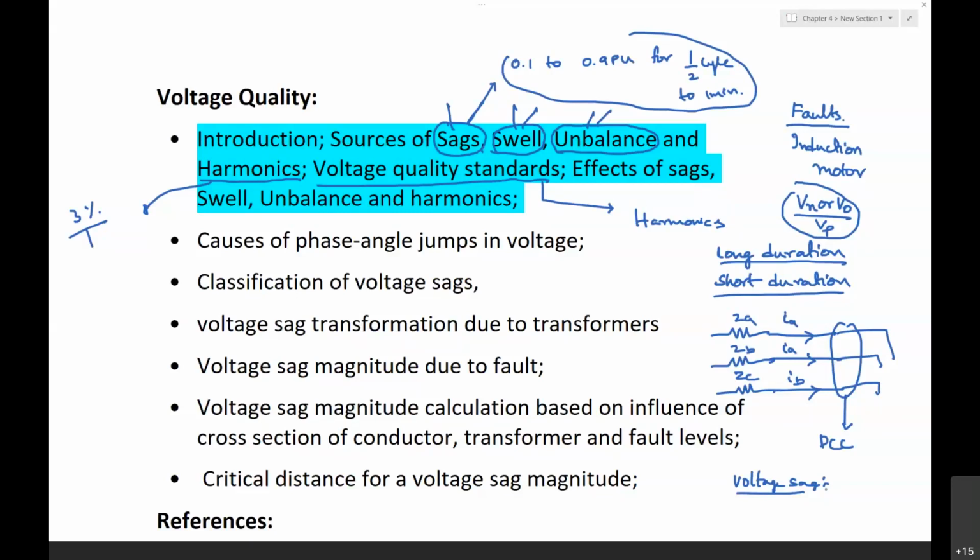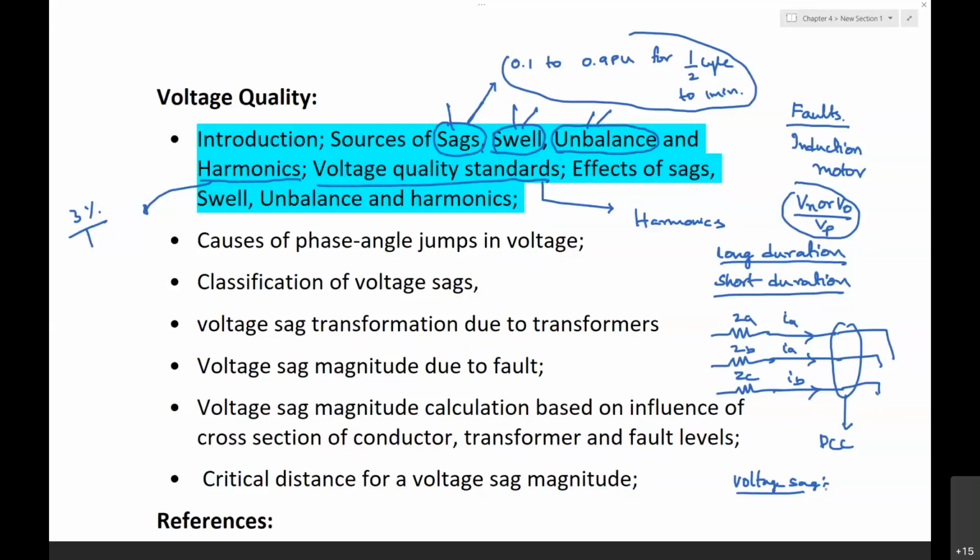Even there are some cases where the wall clocks, especially in the olden days, operate with the power supply. If you have a power glitch or voltage variations, then obviously the wall clock is going to stop there also. Then again we need to reset all the wall clocks.